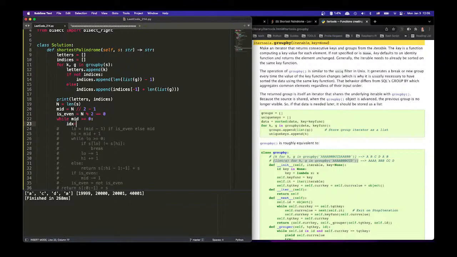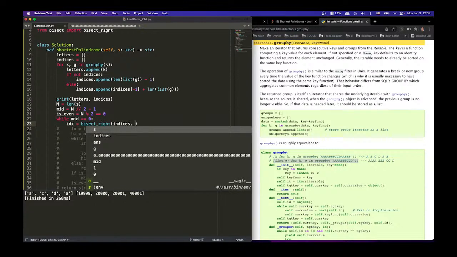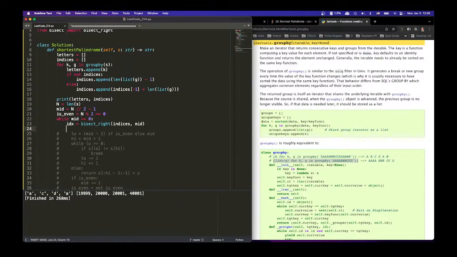So index equals bisect_right indices and mid. All right, and there are two scenarios, right? One is the index is, we find a match, right? If we find a match,